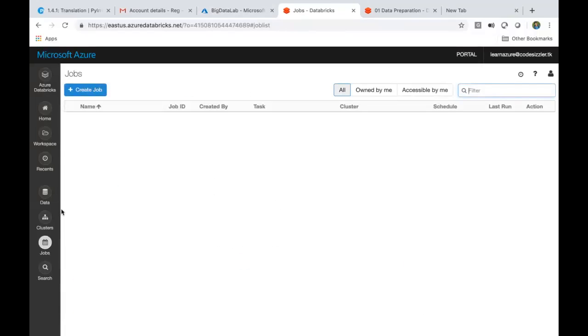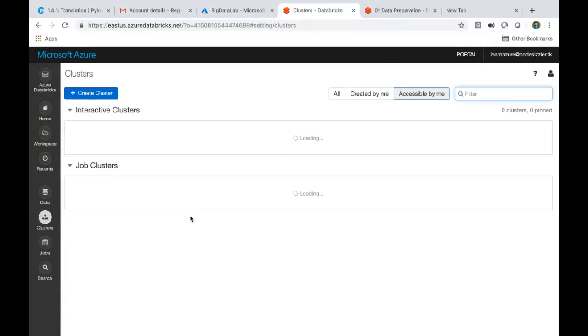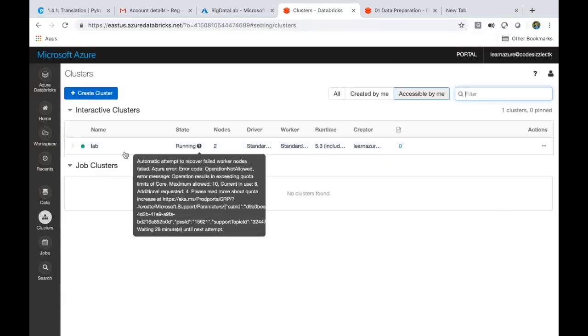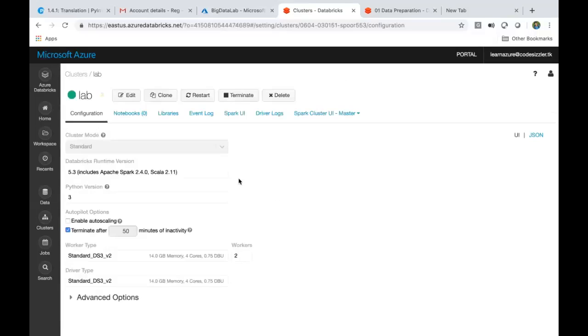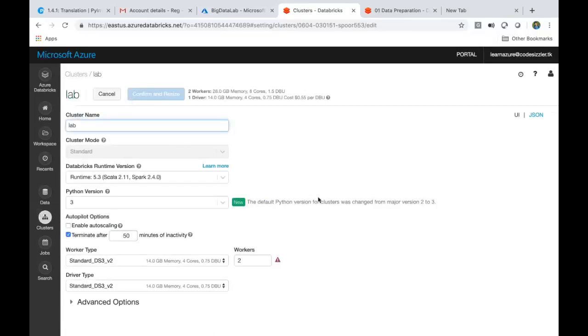Second one is about clusters. I just now created a cluster here with 2 nodes. Just click on this. It looks a little different here. We'll say edit. See here, we saw this yesterday also, but the only option we found is enable autoscaling here, and worker nodes and all these things are enabled here by default.